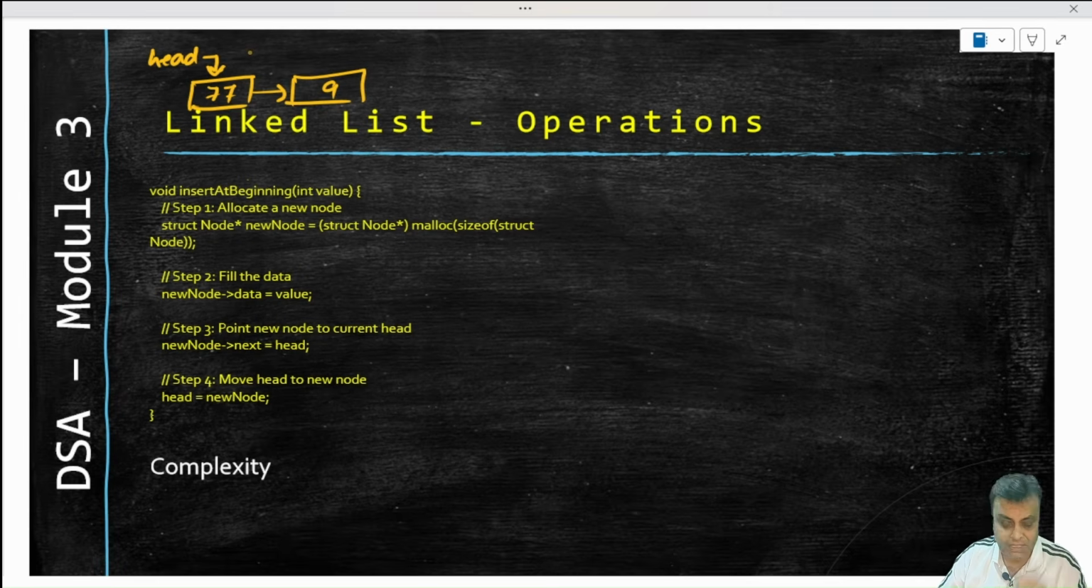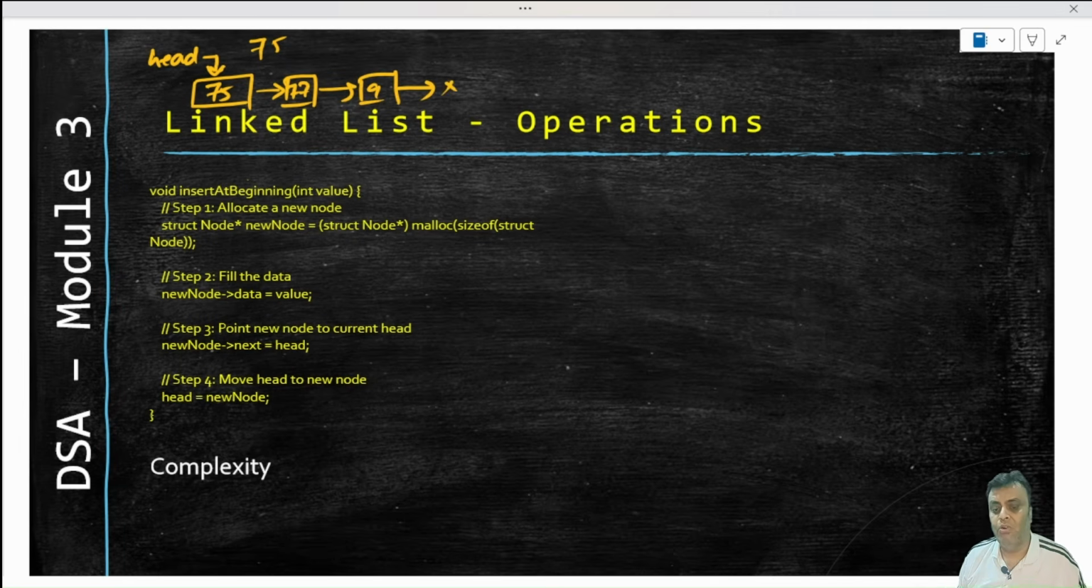And then if we say that I want to insert at beginning 75, then what is going to happen? We will have to change this and say that head will now go into 75, 77 and 9, and 9 will go nowhere rather, and that's the linked list that we'll try to build, right? Okay, so to do that,